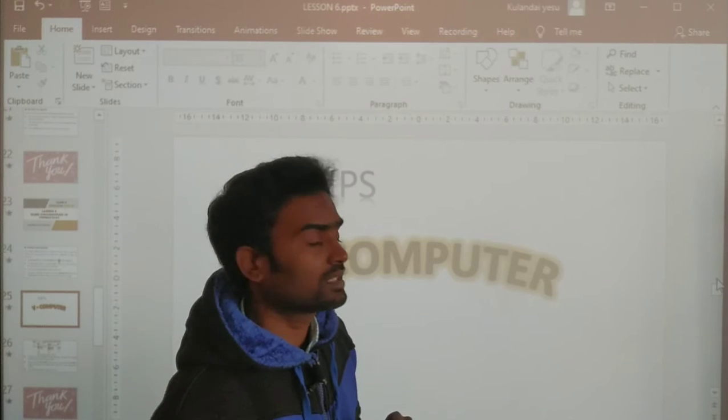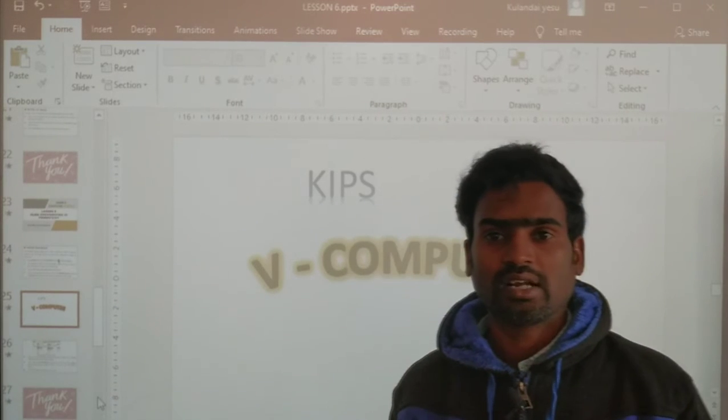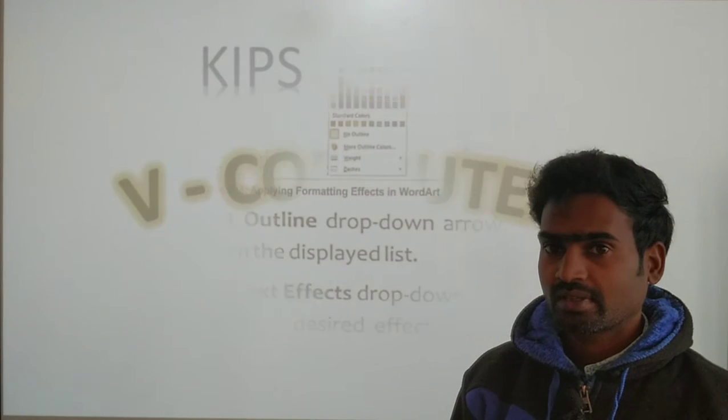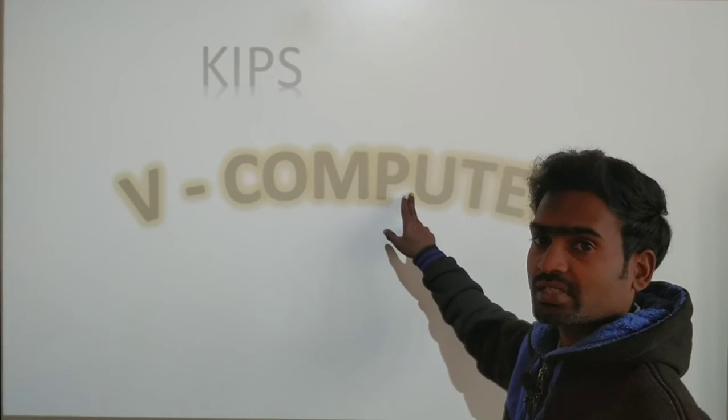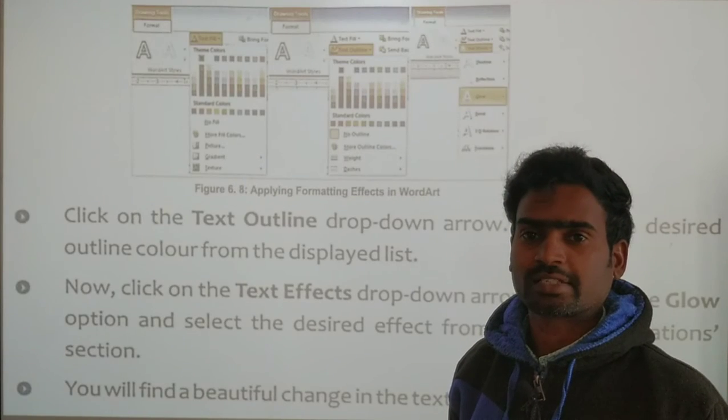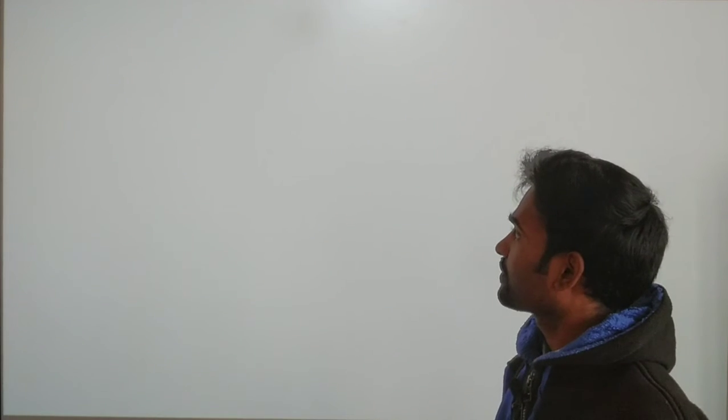So this is how we have to change, and we can work with word art in that computer science PowerPoint presentation. See, the effect we have changed, we used word art. This is a very effective one, dear children. We can practice it, right? So this is how, dear children, word art is very important and very easy, and it is effective for making the word and text effective. So we can make an arch type, we can make each and everything.